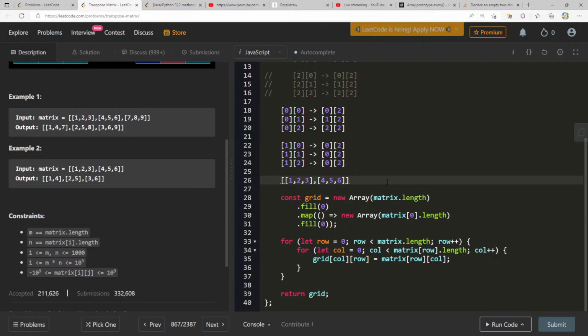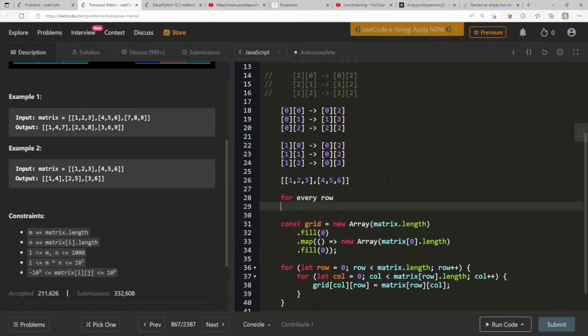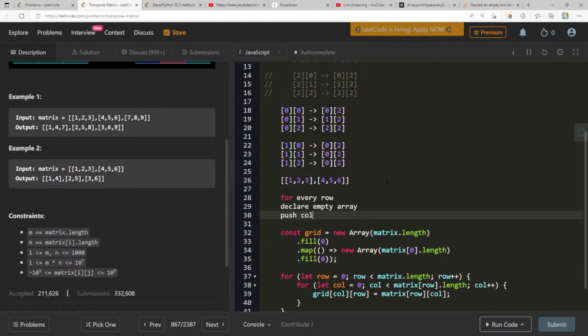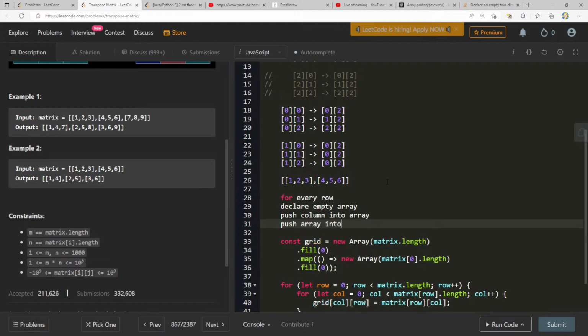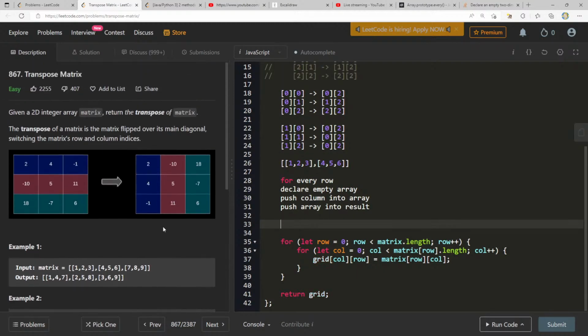I think we have, for every row, declare empty array, push column into array, push array into results. Okay, what does all that mean? I don't think we need to create a new grid, but I understand what you're saying, Rashawn.